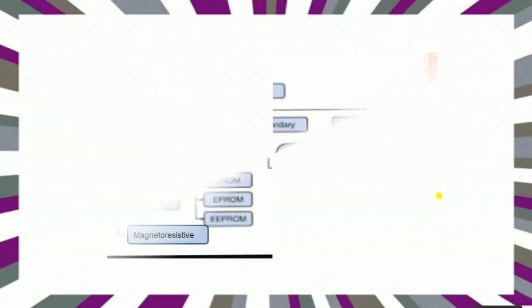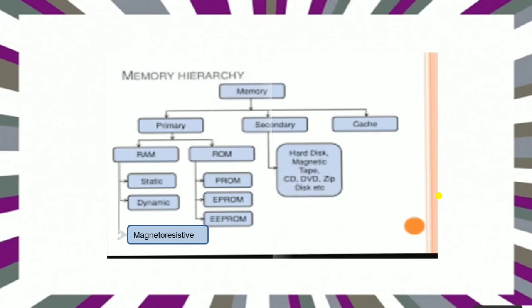Now in this diagram you can see the categorization of computer memory. It is basically divided into two types, primary and secondary memory. And out of these, first we will talk about the primary memory. Primary memory is also known as the internal memory, main memory, or it is also known as working memory of computer. RAM and ROM are the two major types of it. So let's learn about RAM first of all.